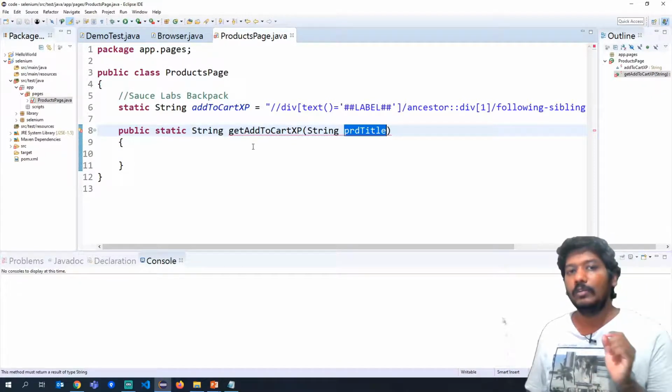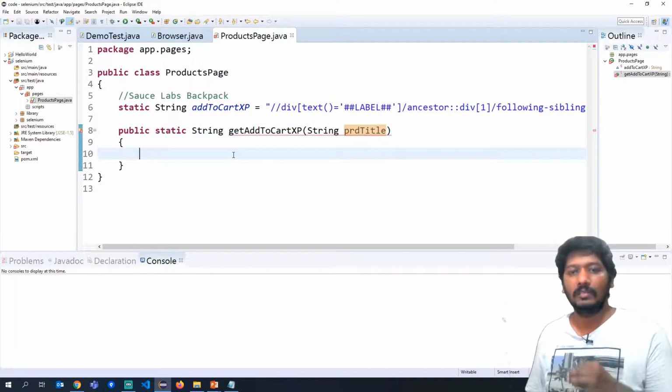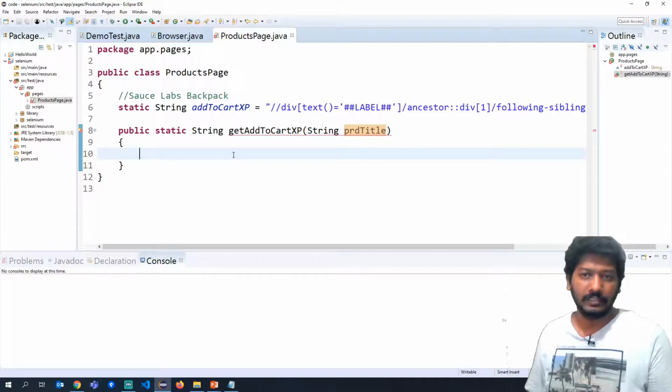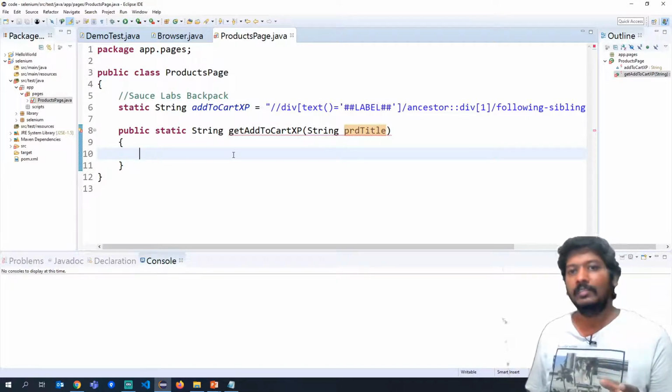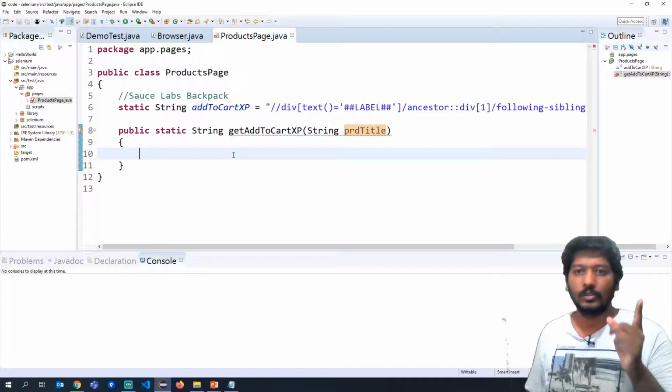Now if you are not aware of or not clear about how to use replace functions, we have already created a minimum course of Java which any automation engineer should be aware of. In that there is a video related to string manipulations. I'll try to put a link on the top so that you can go and view that also.